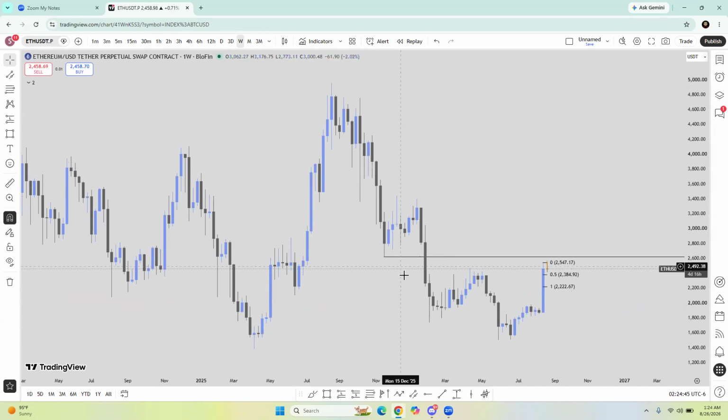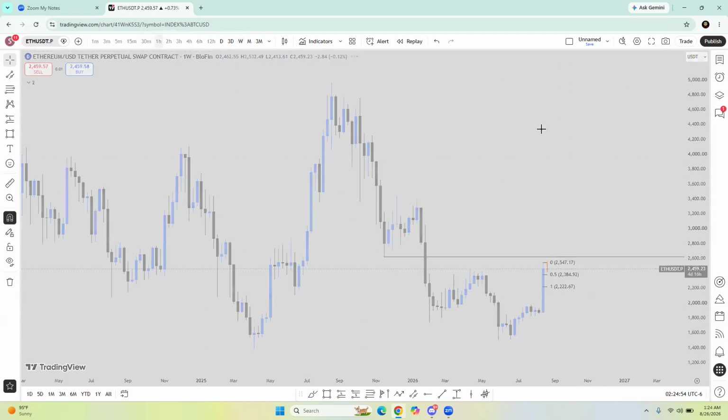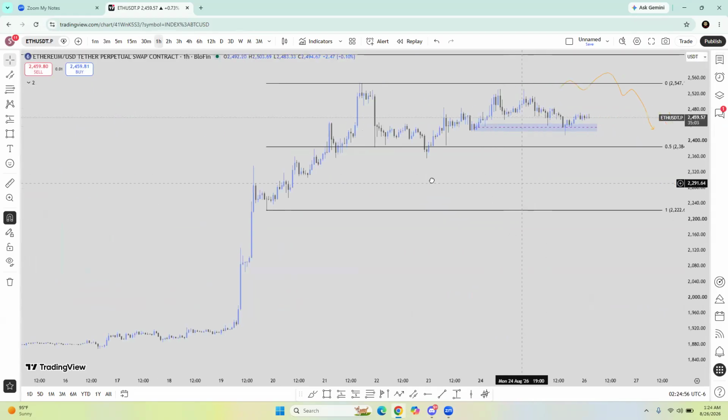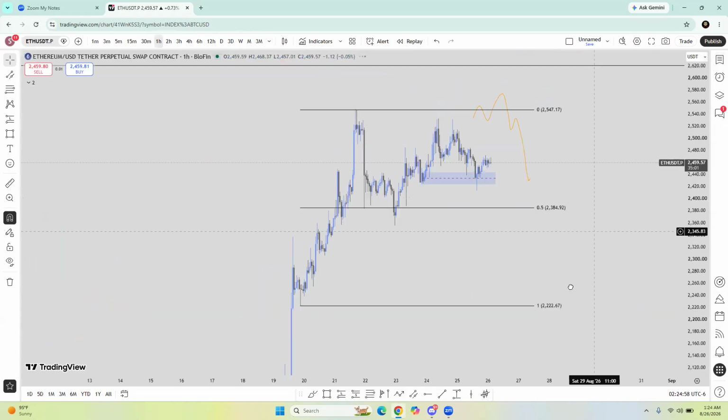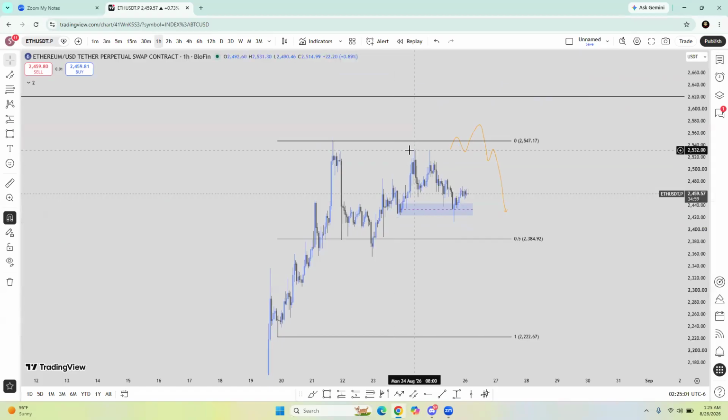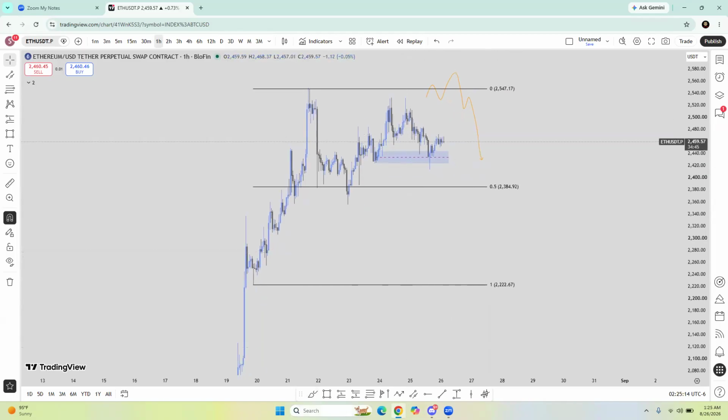For ETH, I will not go with a deep analysis. I am not, because it is the same: higher low, higher high, and this higher low should be tested or reclaimed for bullish continuation. Simple as that. On the lower time frame, I will just study it. What I am expecting: these are Monday highs here. I want to revisit these highs here at 25.40, and give us a bearish momentum. I am clearly saying that ETH will revisit